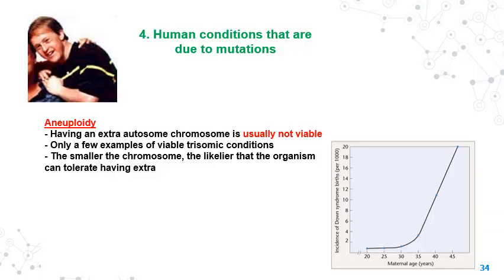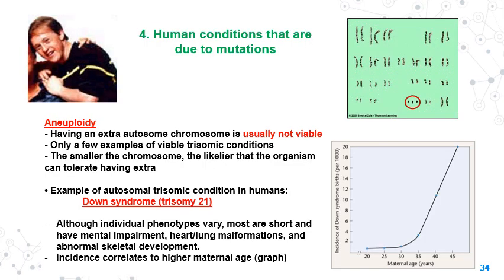So here is an example of aneuploidy. This is chromosome 21 that gets one extra chromosome. So it's a trisomy 21. We see that happening in humans, yes. Here is your chromosome 21, which is very, very small. It's not the smallest chromosome. The smallest chromosome is 22. When you look at a karyotype, you'll see that the big chromosomes have the small numbers. The big one is number 1, then number 2, number 3, and they decrease in size as the numbering goes up. So when you get to chromosome 21,